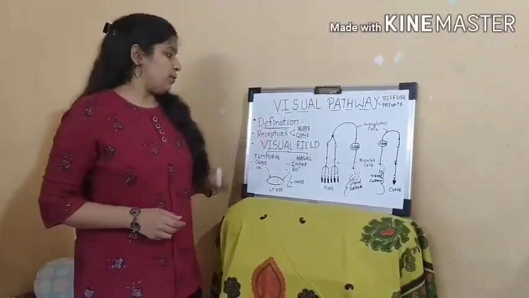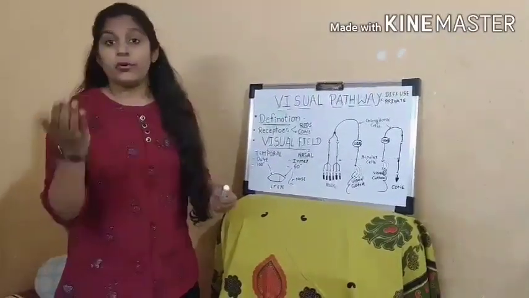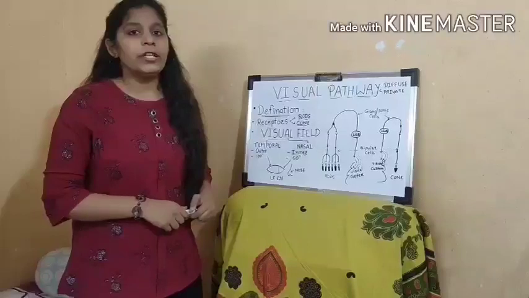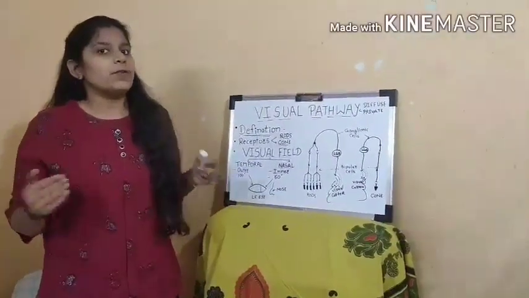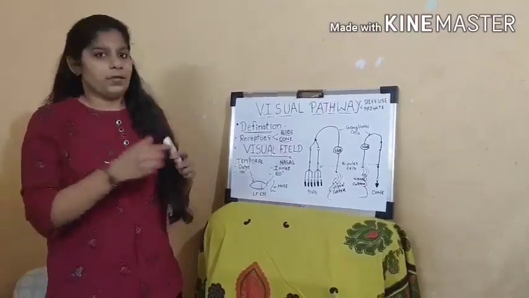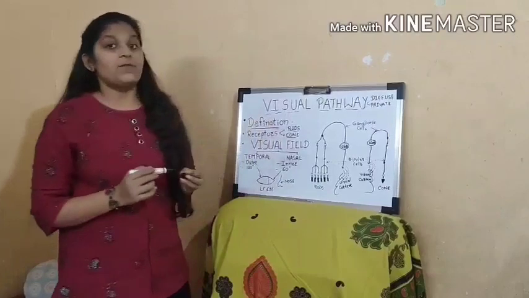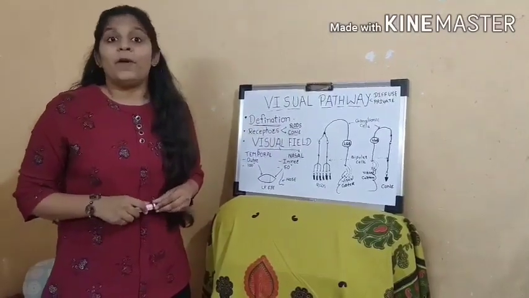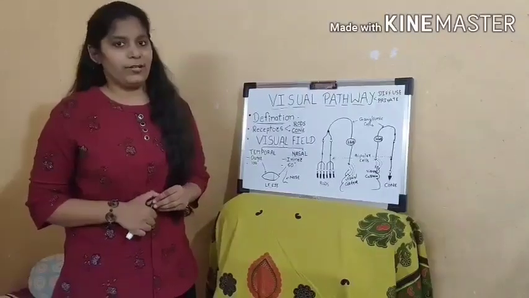called the visual pathway. For the identification of objects, if we see any object, the photons of that object bombard our retina. For the carriers of those photons, we require particular receptors called visual receptors. For example, in human beings, rods and cones act as visual receptors. For better understanding of the visual pathway, we must know the basics of the visual field.